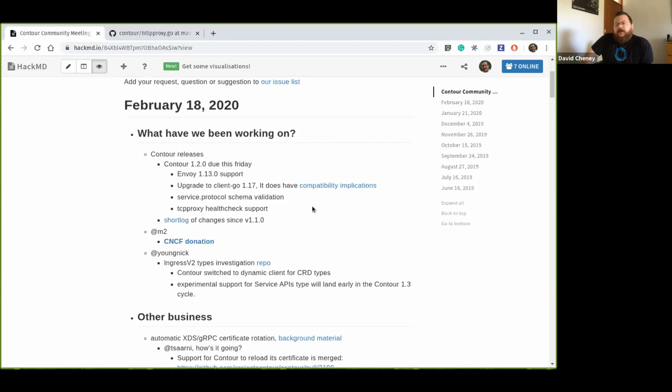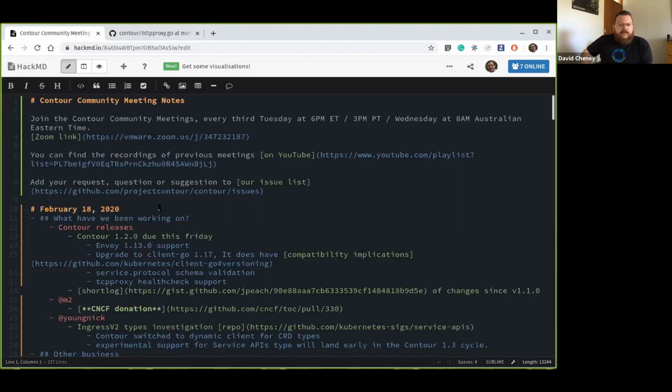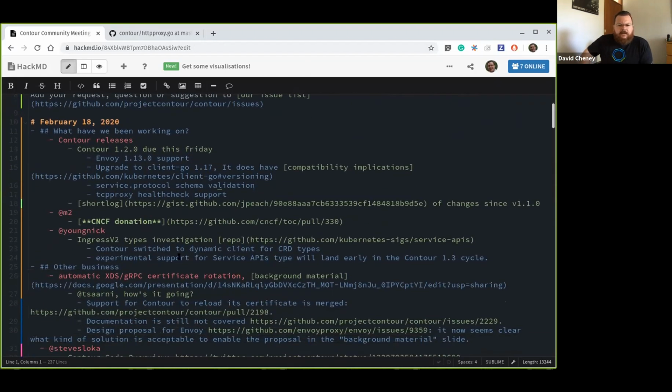Back in the pre 1.0 days, we had the same health check stanzas, which we applied for both TCP proxy and HTTP endpoints. Turns out there's a bunch of fields in there, like path and query and host, that don't make any sense when you're talking at layer 4. So we've done a little bit of magic behind the scenes to define two different types for the generator, which have slightly different schemas. So basically, with TCP proxy, you can't say things like what path am I going to probe. That's just not a thing. So yeah, that's going to be in 1.2.